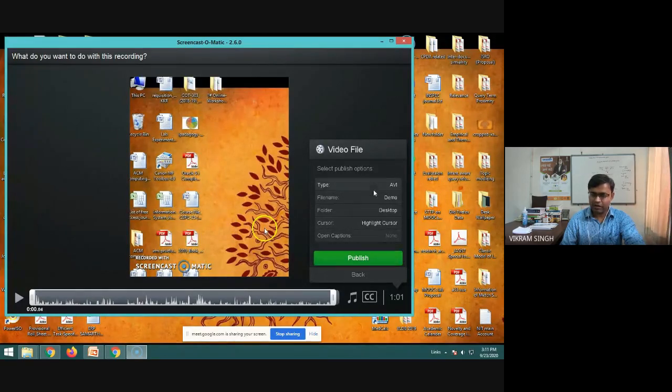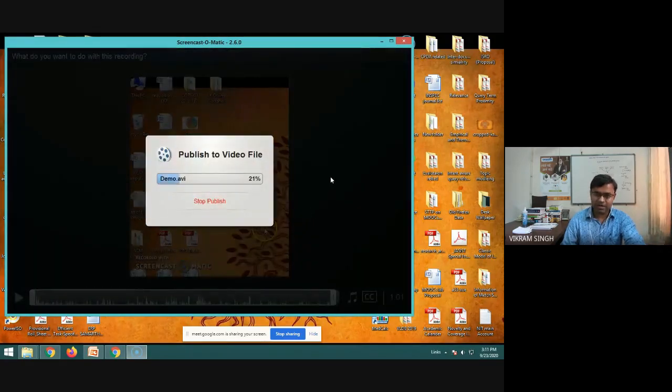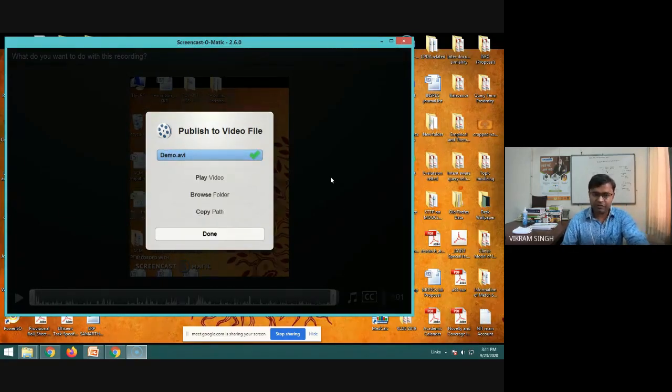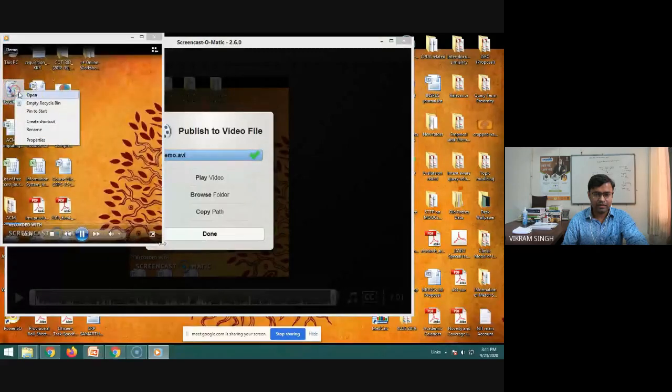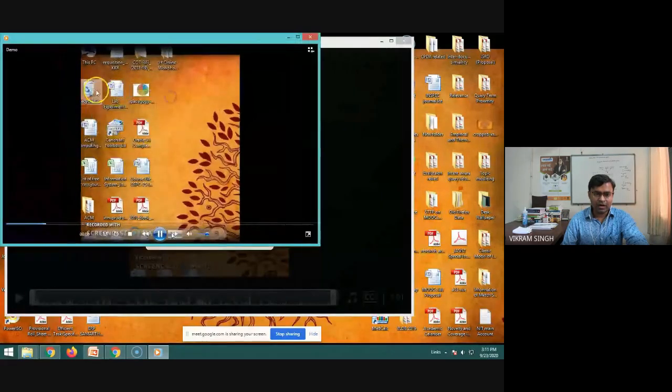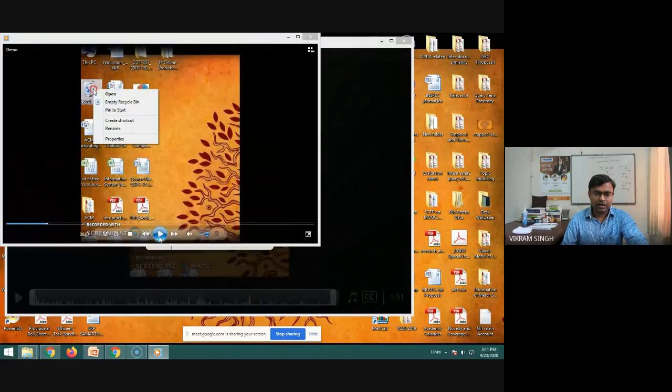Now, after doing these basic setups, we can perform publish. Publishing is a kind of pre-processing of this video, right? After this, your video will be saved, and you can play it again. You can carefully see that each and every cursor movement is captured here.